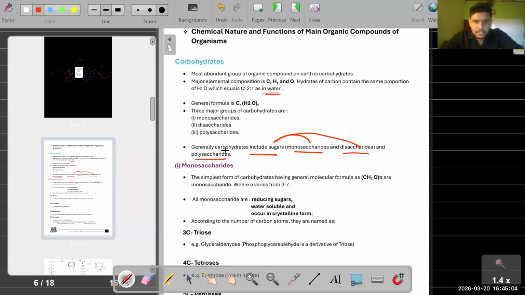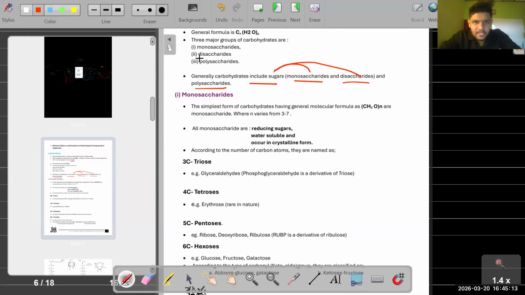Can you understand these 5 points? Clear, right? Very good. Now let's go on to the first subtopic, which is monosaccharide. Now we are going to study monosaccharides, which is the first type of carbohydrate. Monosaccharide, the simplest form of carbohydrate, has a general formula of CH2On, where n varies from 3 to 7, which means now if you see